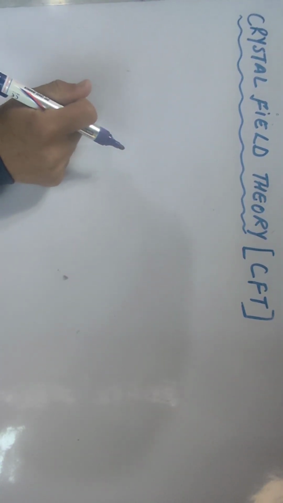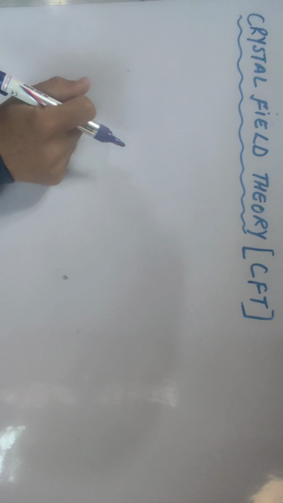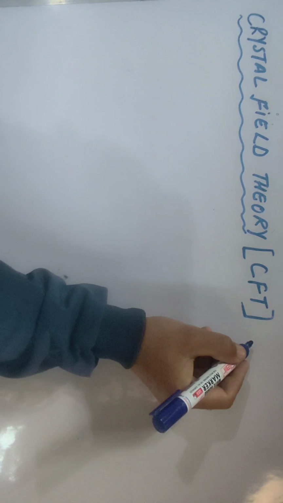ओके आज हम क्रिस्टल फील्ड थ्योरी पर बात करेंगे। लास्ट टाइम हमने बात की वैलेंस बॉन्ड थ्योरी पर। तो ये जो है, this is the second theory which actually applied to the coordination compounds. Crystal field theory was given by Bethe and Van Vleck and was first time applied to the coordination compounds in